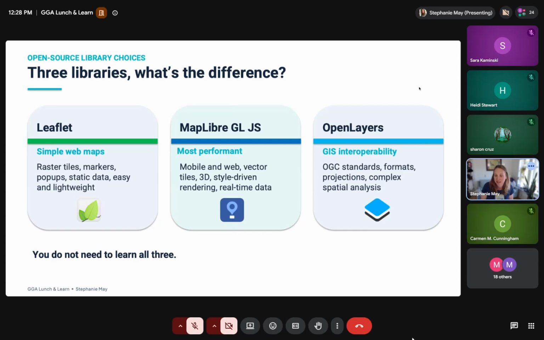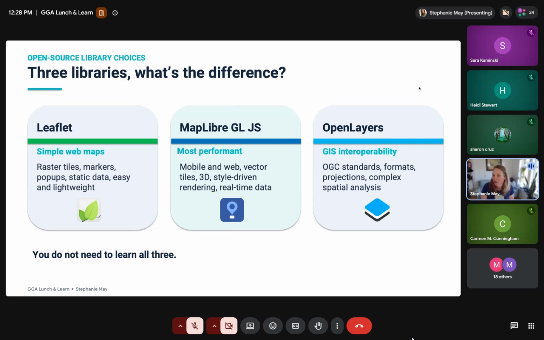By handling it, I mean that if you're a GIS professional, they're going to make it more possible for you to do it. I don't mean they've totally crushed all of the things that make that technically really challenging on the web. So in terms of performance, MapLibre is more performant, faster in general, and Leaflet is way more lightweight. But OpenLayers, if you need it, it's there. I do know people who swear by this one as well.